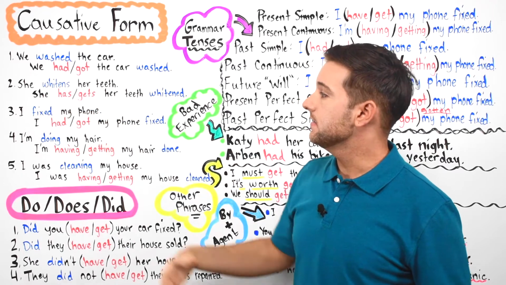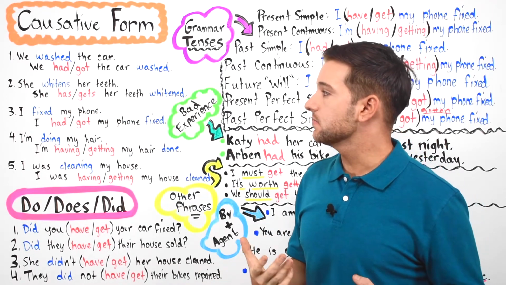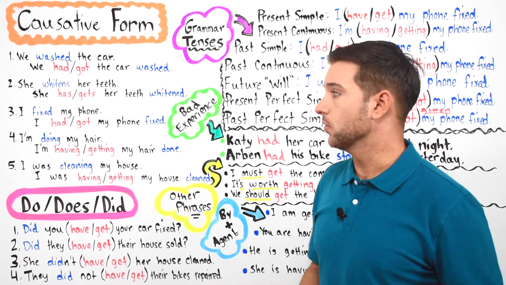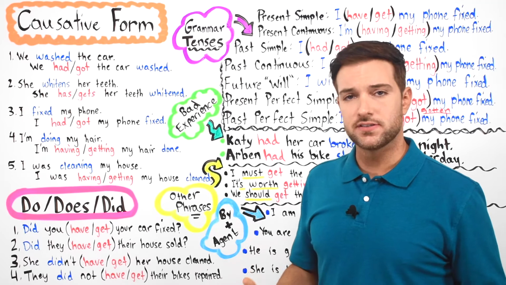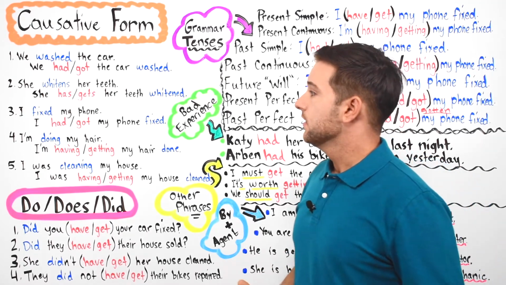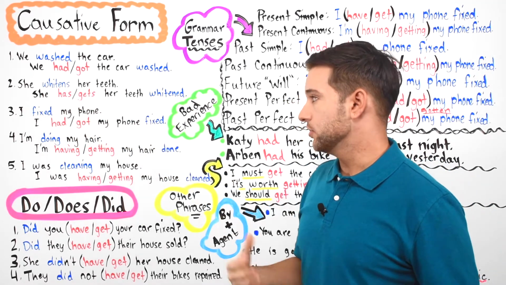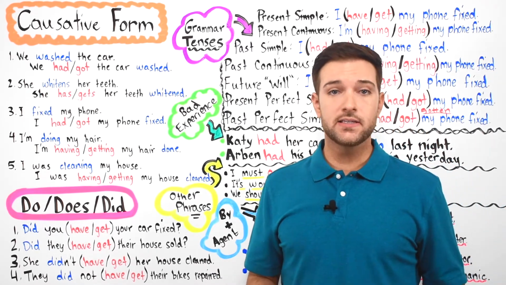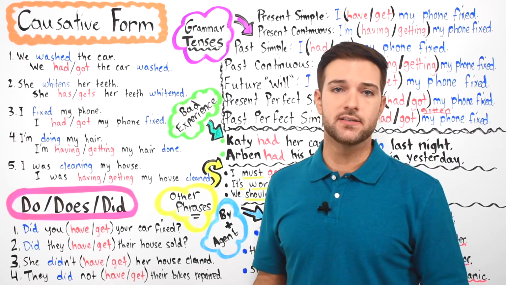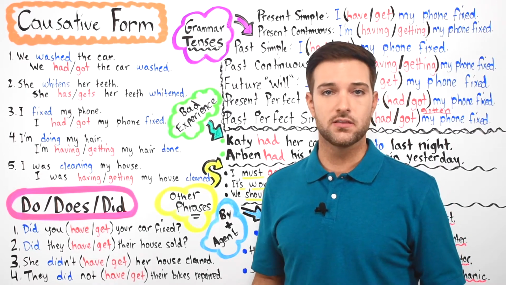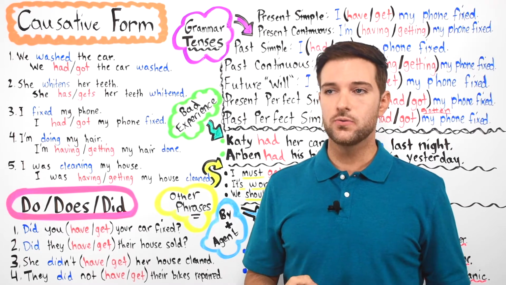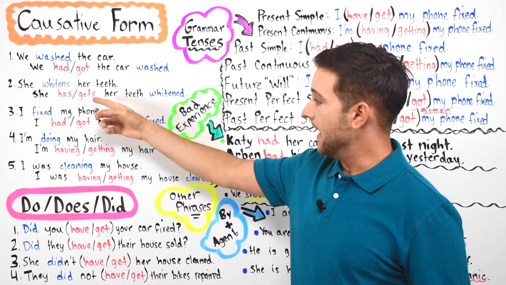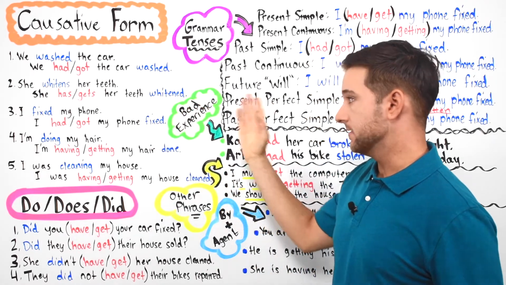Whereas "has" is also spoken, but it's more or less written down in documents and things like that, or on homework assignments or in school. So she gets her teeth whitened, or she has her teeth whitened. Now, in this case, it's clearly understood that she is going to a dentist who is whitening her teeth, who is cleaning her teeth, who is making her smile even brighter, okay? So she has her teeth whitened by a dentist.